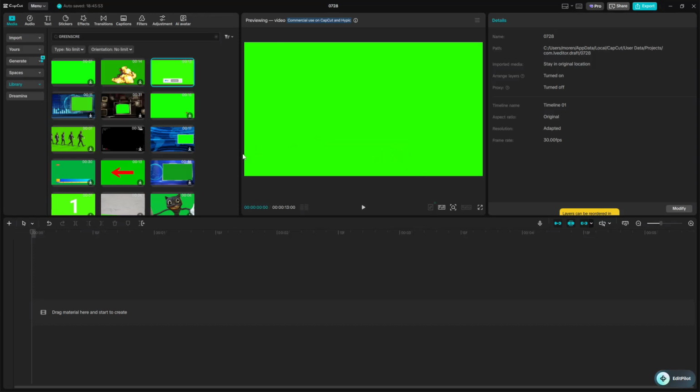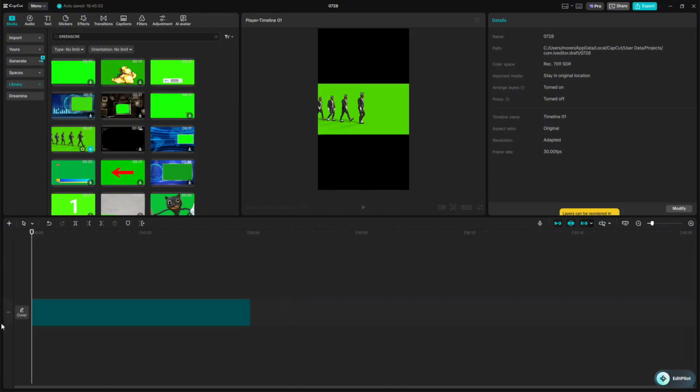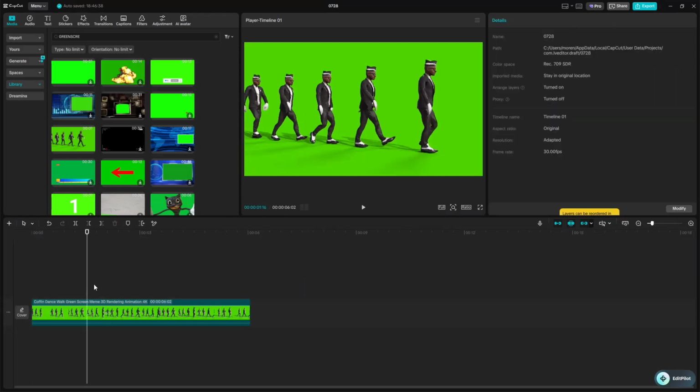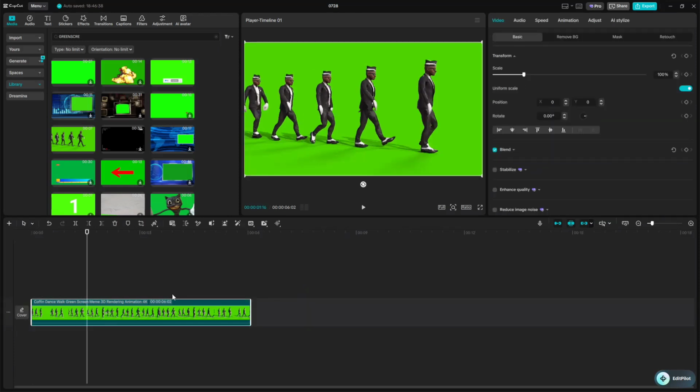So first you need to drag your clip into your timeline. For example, you'll use this green screen video. So simply drag it to your timeline, and then what you can do next is click on the clip,